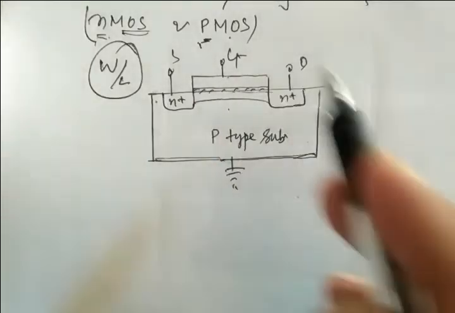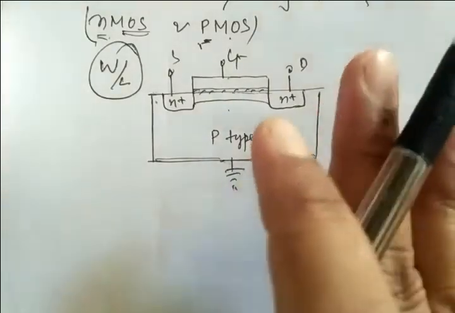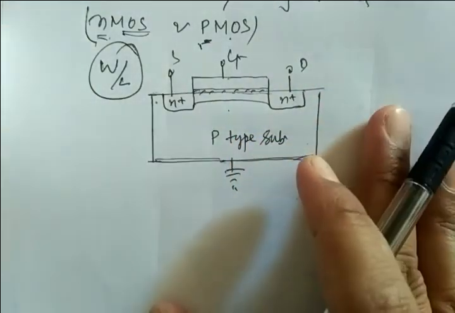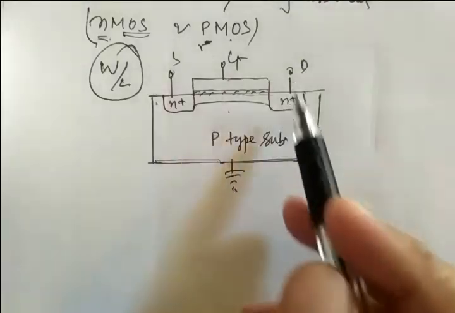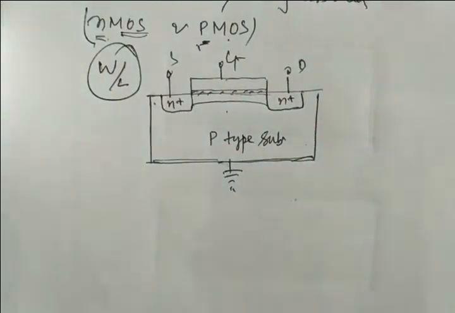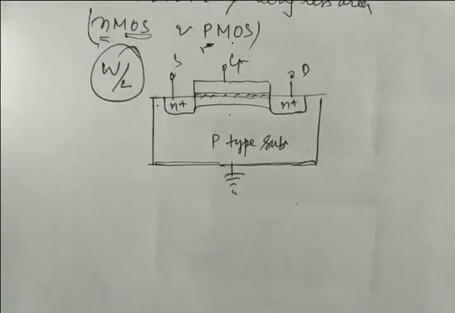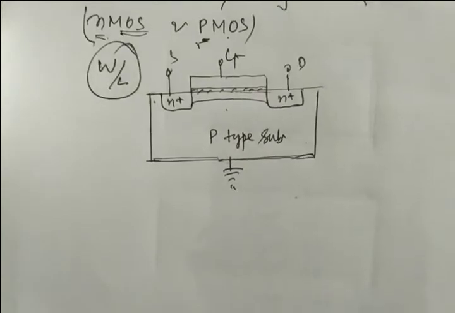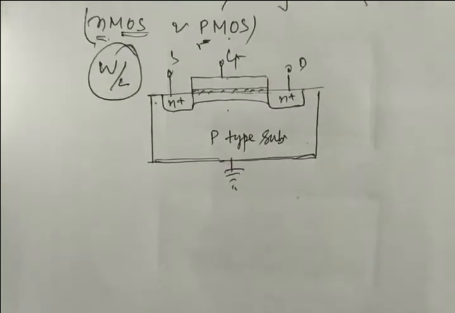Okay, so coming to the discussion, this is your general structure of any kind of MOSFET, but this is a 2D structure, not a 3D structure. If we see the 3D structure, you will clearly see what is length, what is width, and every parameter. These kinds of building blocks, this kind of structure, we are going to manufacture, and the process through which we manufacture is known as the fabrication process, right? Okay, so what is this?